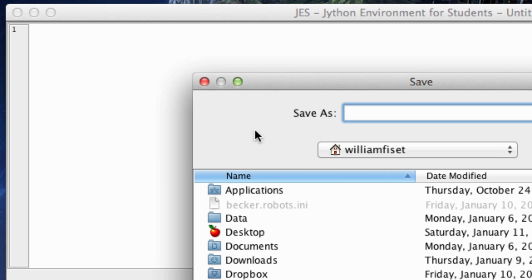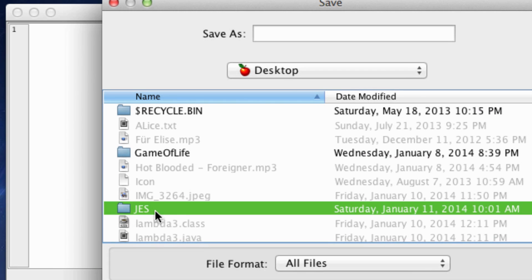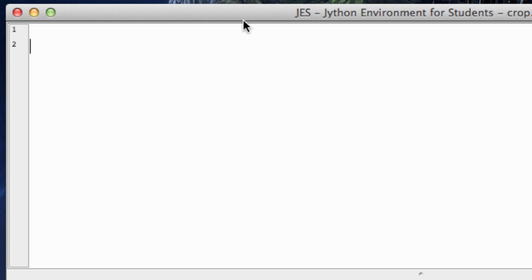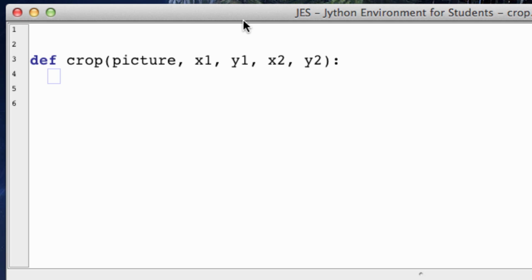Awesome. Save this file as just crop.py. And what we're going to do is make a function. We're going to call it crop. So we want to crop a picture. But when you crop a picture, you need to define where you want to crop it. So you want to crop it from one point, which is going to be x1, y1, and to another point, which is x2, y2. And note that